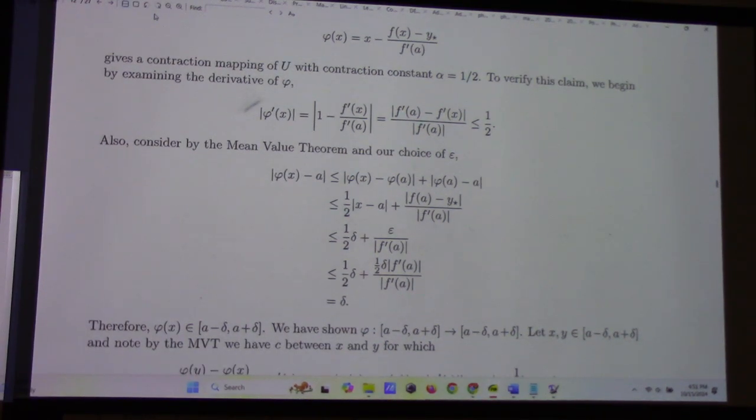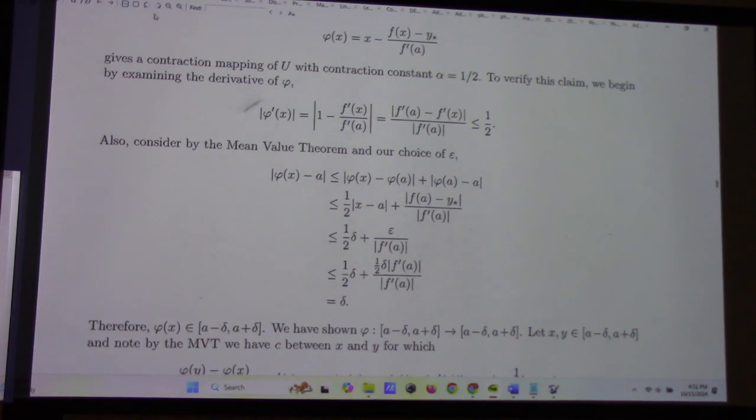Other books have this set apart as a lemma, but Edwards kind of just uses the mean value theorem in places without explaining it sometimes. But anyway, so we have that. Therefore, phi of x is in here, which means that we've shown that phi maps from this closed interval to this closed interval. And if we pick x and y in the closed interval,